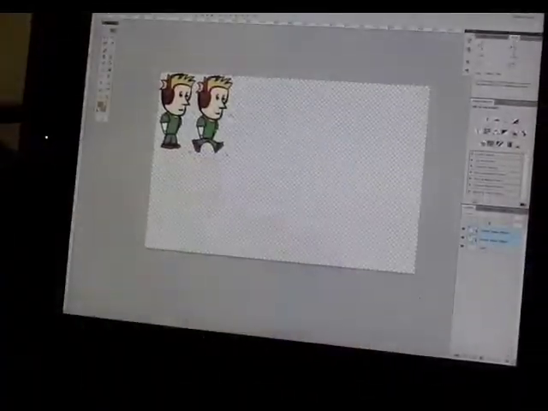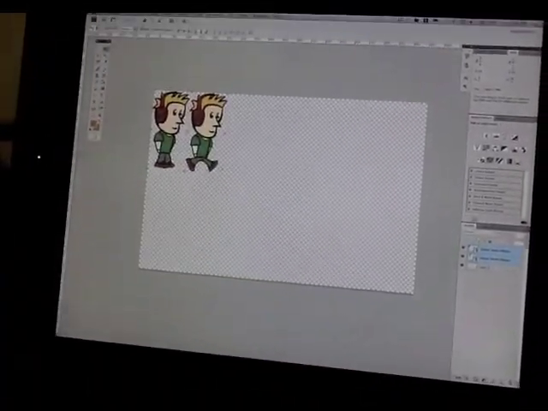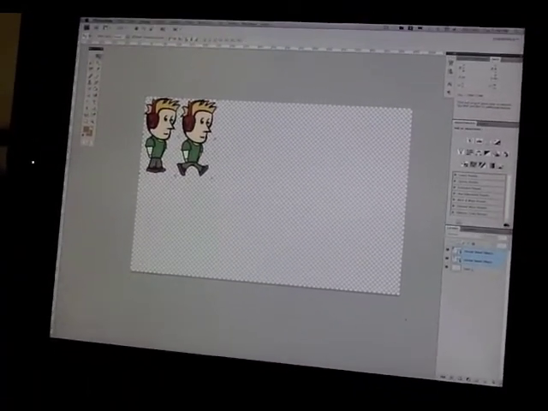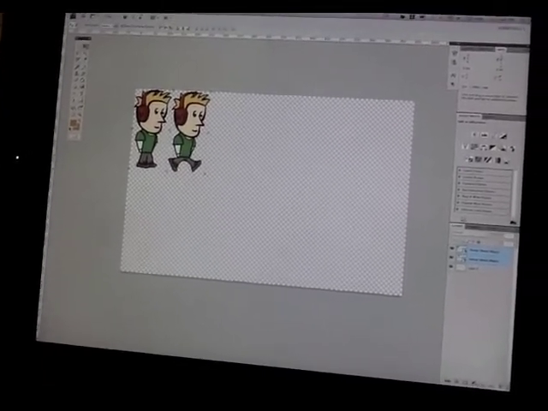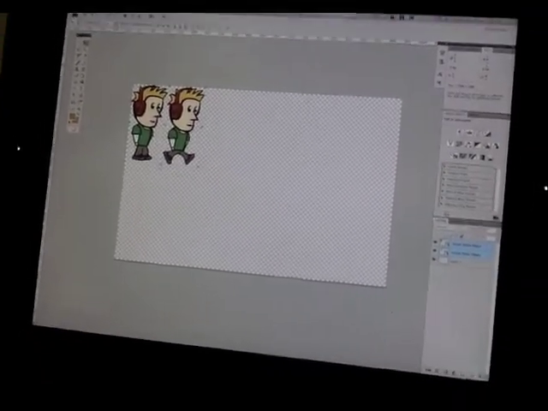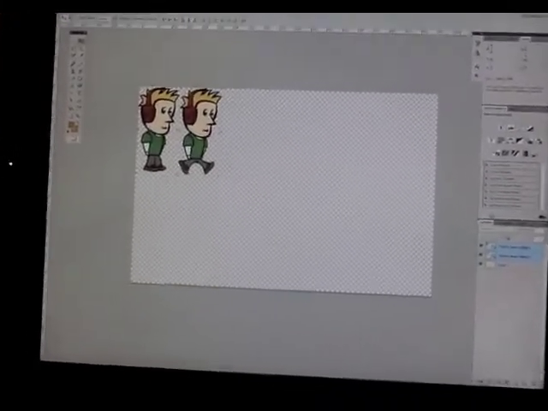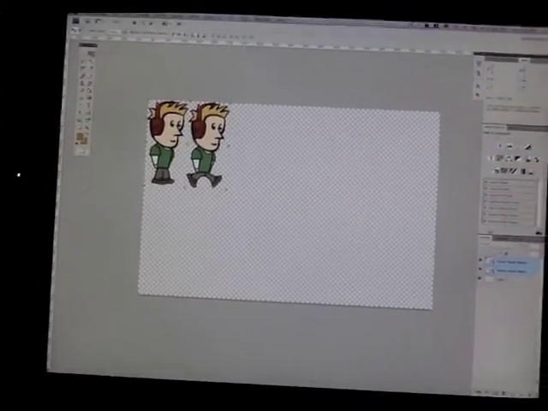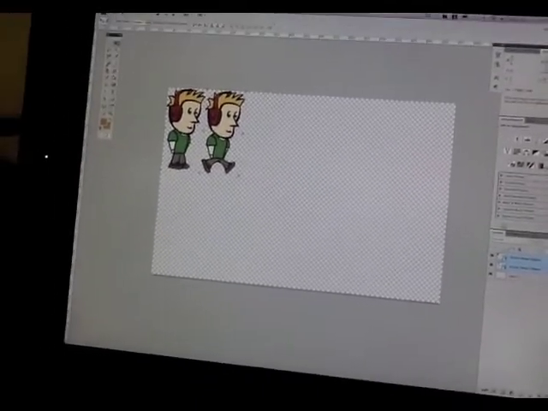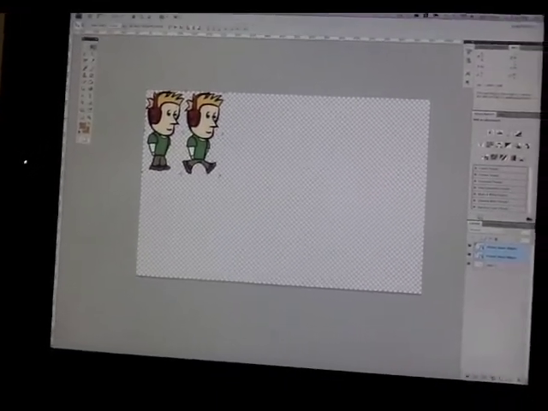I went ahead and placed a standing pose of the Lyle character in the same document and aligned them both to the top left corner. What this will be in the end is something called a sprite sheet, which is essentially a big image file that contains all the actions and frames of this one character. So then I can tell the code to just pick the frame that it needs to be during the correct time. That's pretty much it for this tutorial, so stay tuned for more